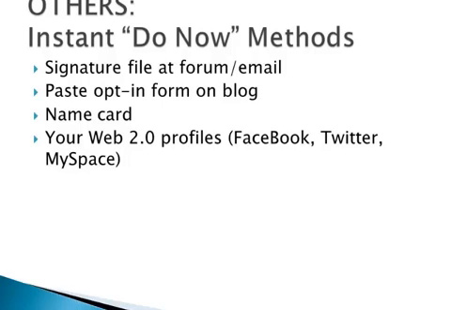Another instant do-now method to get new subscribers is that if you already own a blog or website, you can add an opt-in form. If you go to sites like johnchow.com, you will see that he has put in an opt-in form there, and there are a lot of sites like ProBlogger that have an opt-in form. This is so that he can start getting subscribers from his visitors. If you're an offline person instead and use name cards like me, you can also place your website URL in your name card. Don't forget your Web 2.0 profiles like Facebook, Twitter, and MySpace, where you can insert your website URL and talk a little bit about your business.